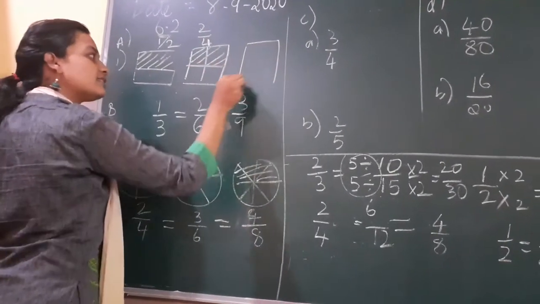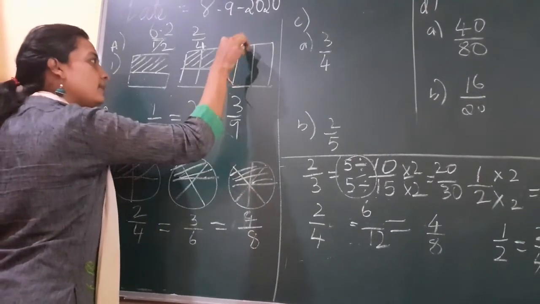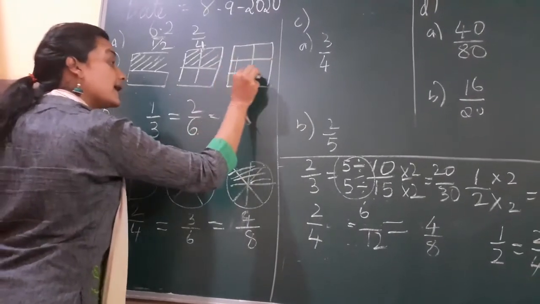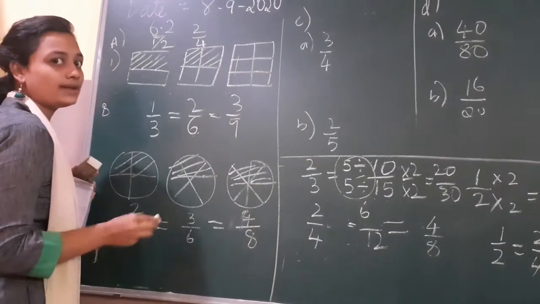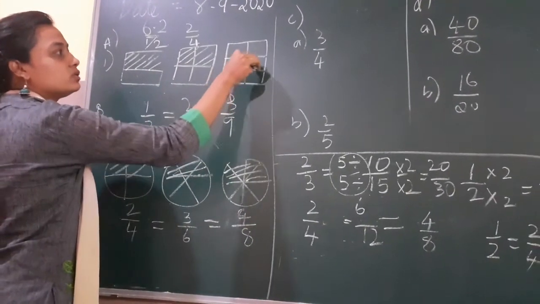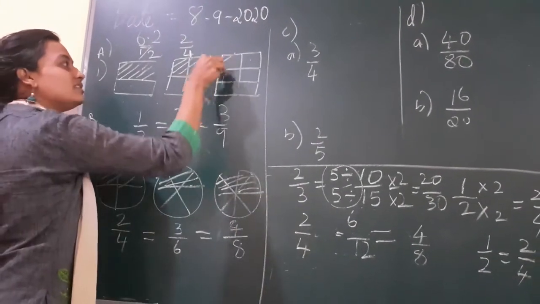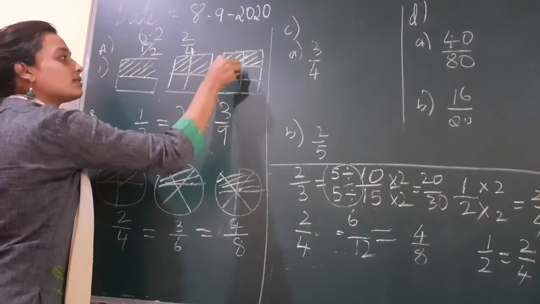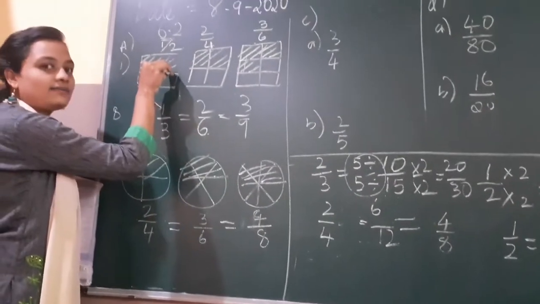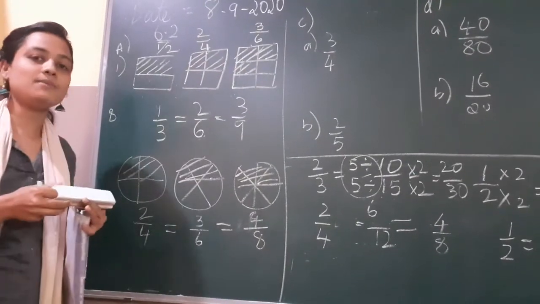Now I will divide this box. How much can I divide? I divide it into 8 parts. I can also divide it into 6 parts, but I should correctly shade half of it. Means how many? 1, 2, 3, 4, 5, 6 here. What is half of 6? 3. So I will shade 3 boxes. It is 3 by 6. So I have shaded half of it, I have shaded half of it, I have shaded half of it. That is the main point here.